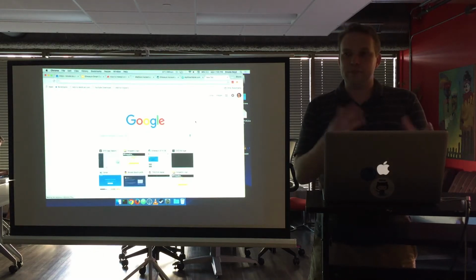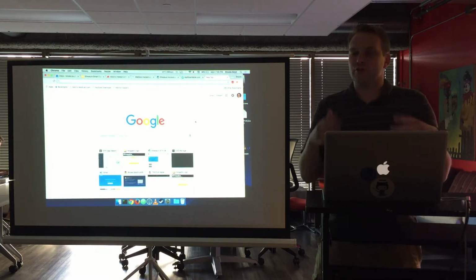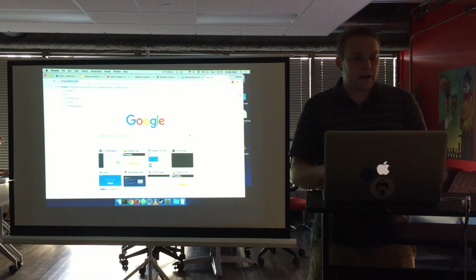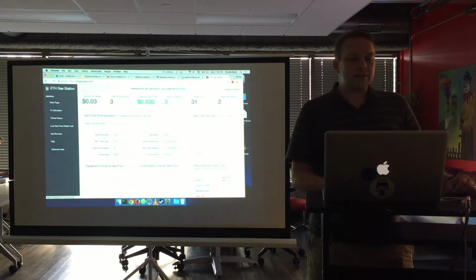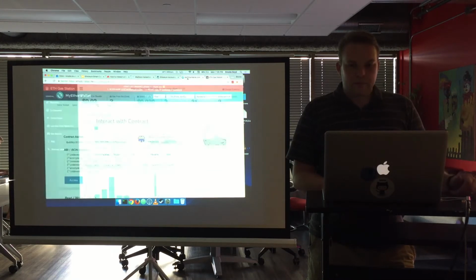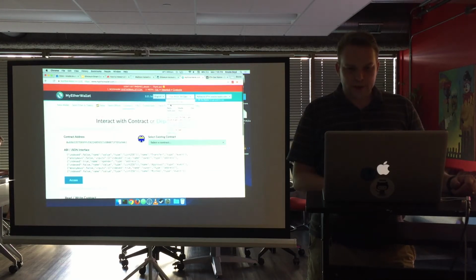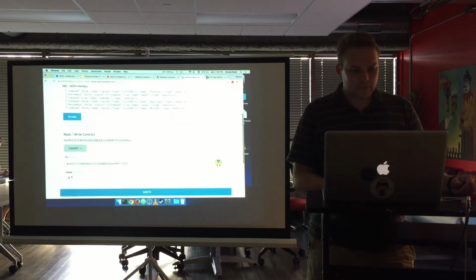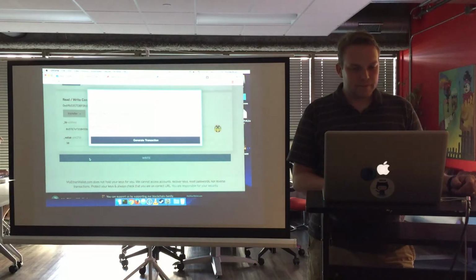on the Ethereum blockchain. You're bidding against everyone else who wants to get their transaction done now. I just want to double check here. It's the state of gas. And right now they're saying the safe low value is 3. I'm fine with that. I don't need it to be super fast, so I will pump that down to 3 for right now. And then write.